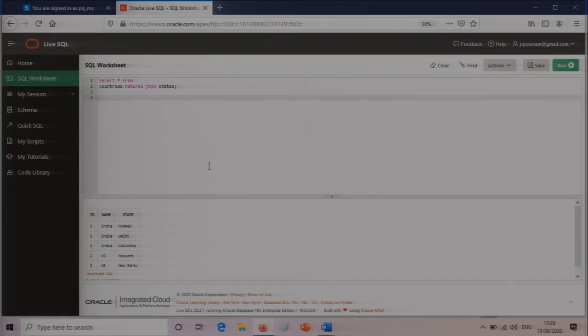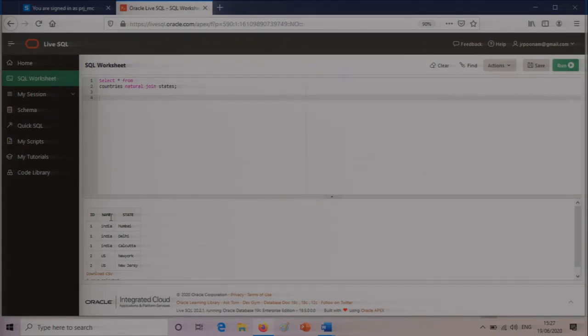Okay, so we saw that ID number 1 and 2 are the only common IDs, because the common column is the ID column. The ID column has entries which exist in both the tables. In countries we had 1 and 2 which exist in the ID column in the states table also. So only those are extracted using the natural join.